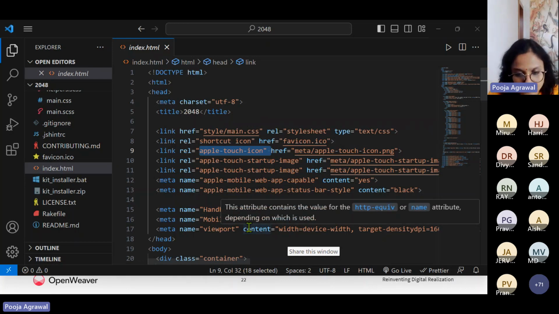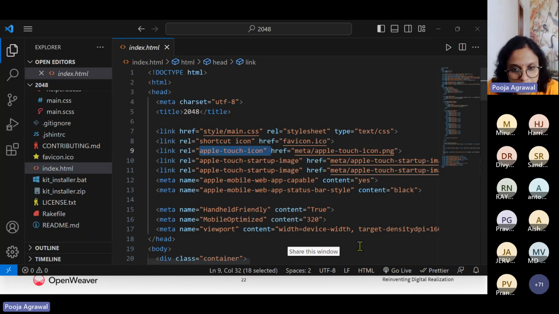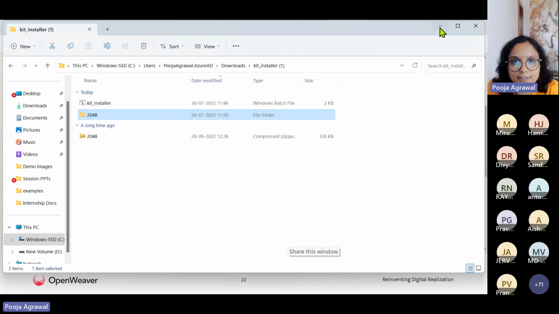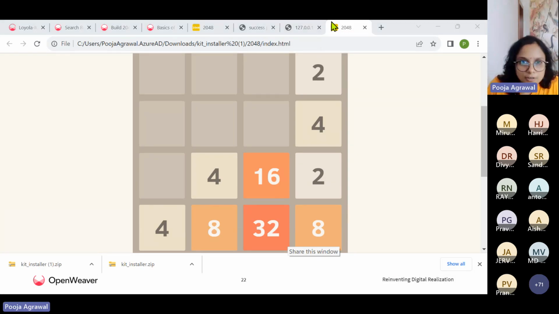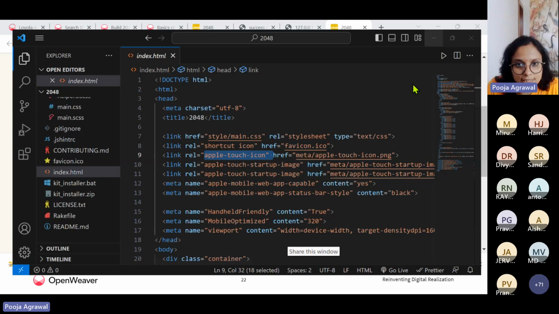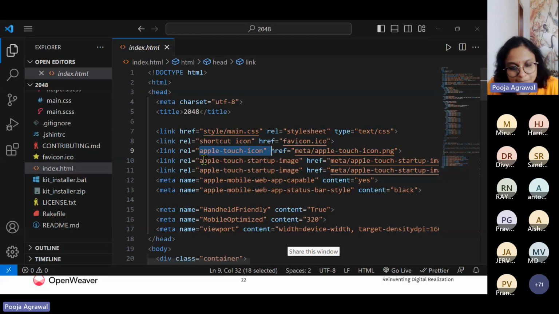So this game style is there in the main.css, and your favicon.ico is a small icon that will appear in the browser's tab. So we just saw, right? This is your favicon.ico. And similarly, you have these Apple Touch icon and your Apple Touch startup images, etc.